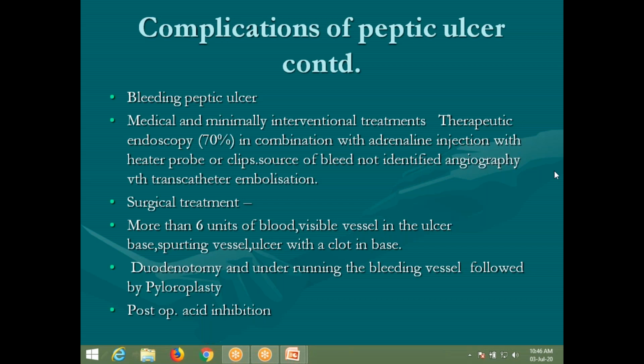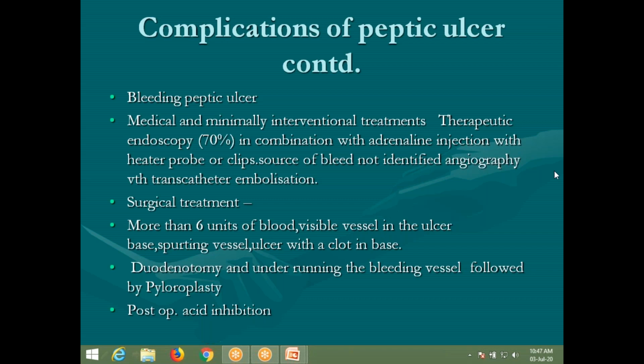So coming to the bleeding peptic ulcer. Usually, bleeding can occur in... anterior ulcer perforates, posterior ulcer bleeds. Okay. So these bleeding peptic ulcers are most commonly associated with NSAIDs, increased NSAID intake. Okay, and with increased age, you most commonly see this complication. Okay, so we can diagnose it endoscopically.